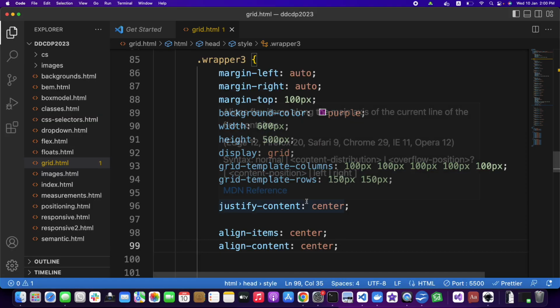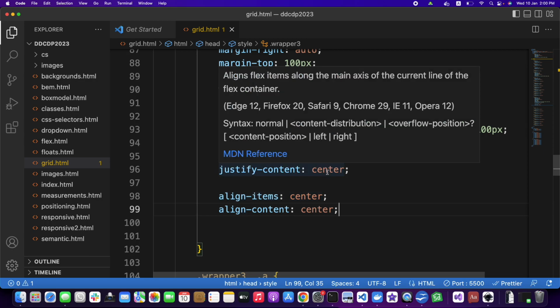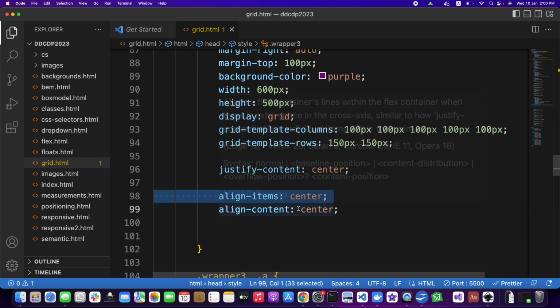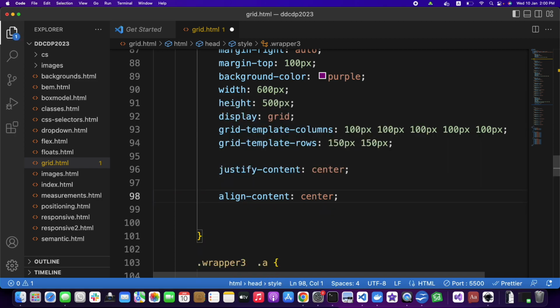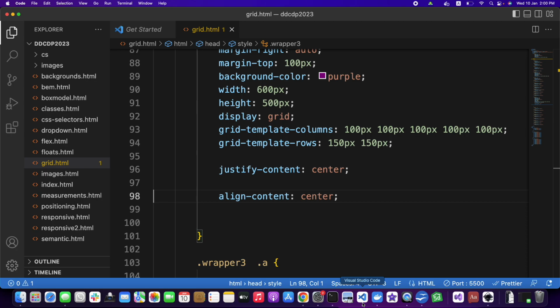So align item center, align content center, and justify content center. This one is for horizontal, and this one is, I think, vertical. Remove this so we can see. Now it's justify content center, align content center. And if we remove this,